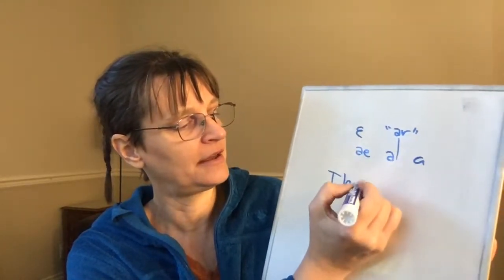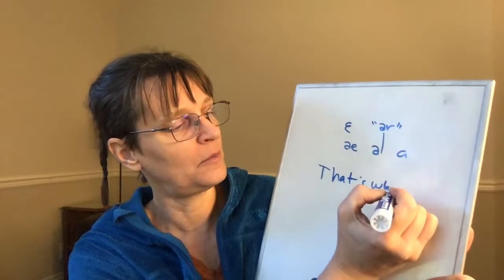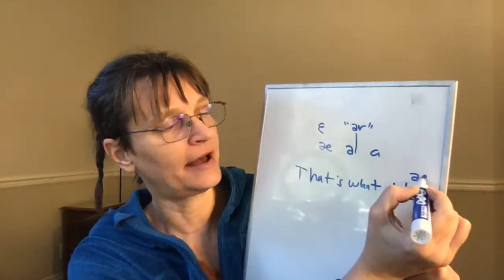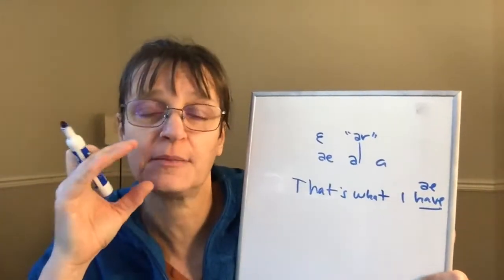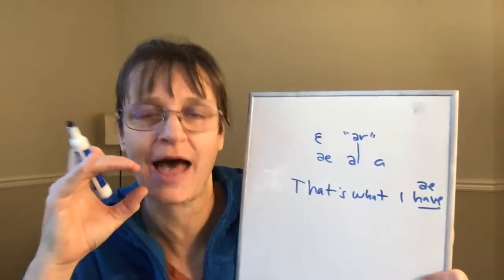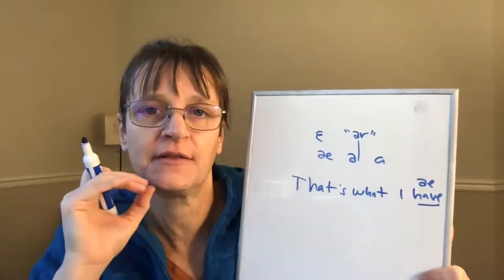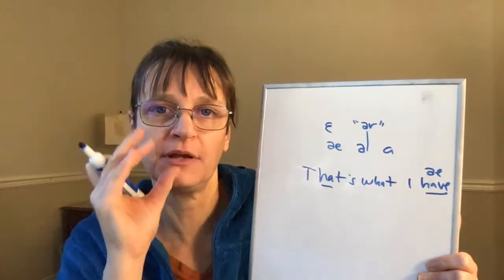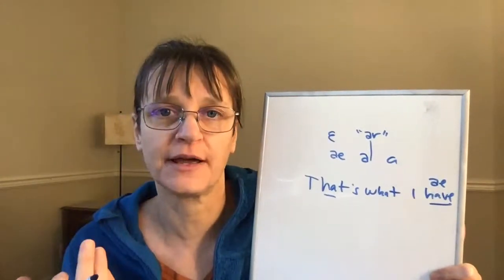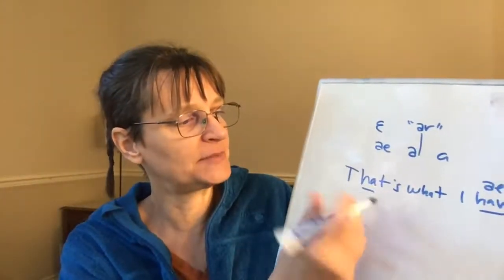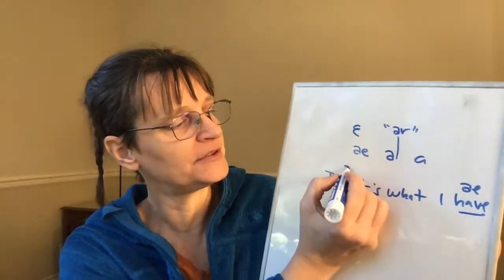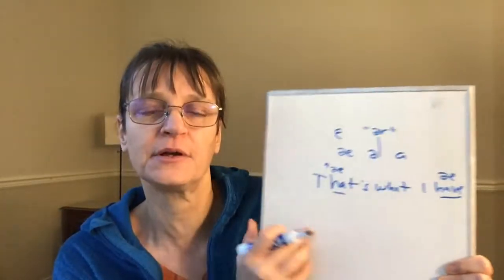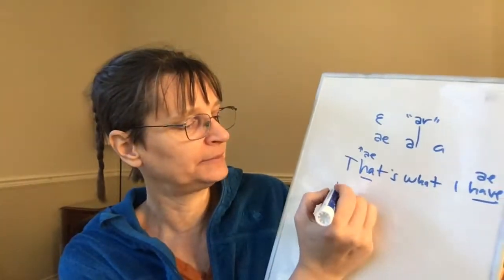If I say, "That's what I have," my "ah" in "have" is going to be in the true open position, because that word is stressed. "That's what I have." Versus the "ah" in "that," which might be a little more closed. "That's what I have." In this case, because it's the start of the word, I think I was using maybe a slightly more relaxed "ah" for this one. But if I'm saying,